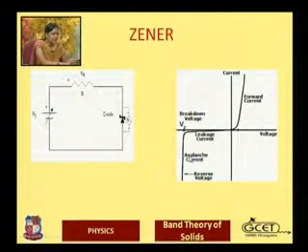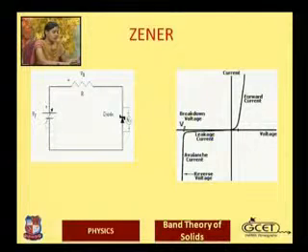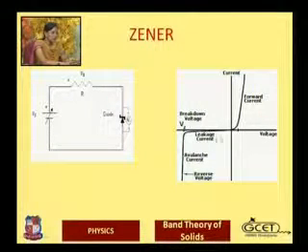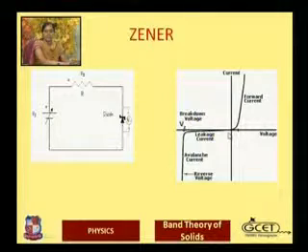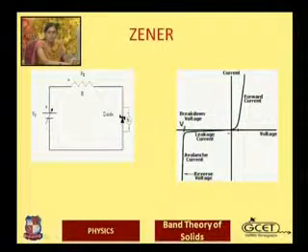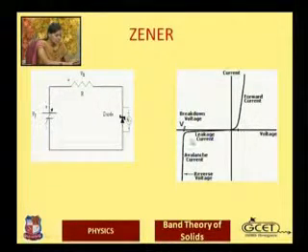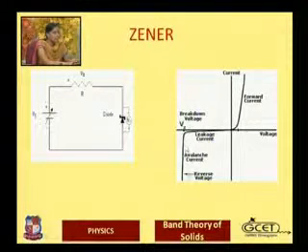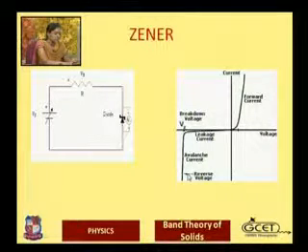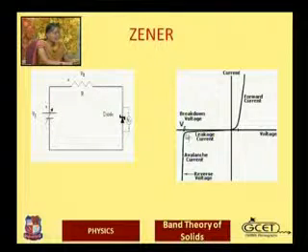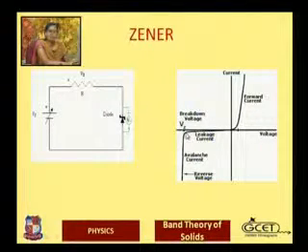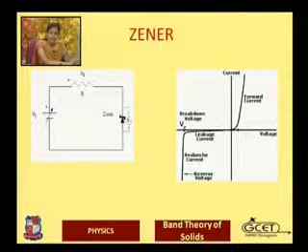So one can find in the market 3 volt, 5 volt or 8 volt Zener diodes having a Zener breakdown voltage, and one can see here the leakage current. The leakage mechanism is one and the same as the Zener mechanism in the PN junction diode, but as the breakdown occurs very fast, one can have the reverse current at a very small value of the reverse bias voltage. That voltage is known as Zener voltage or reverse breakdown voltage.